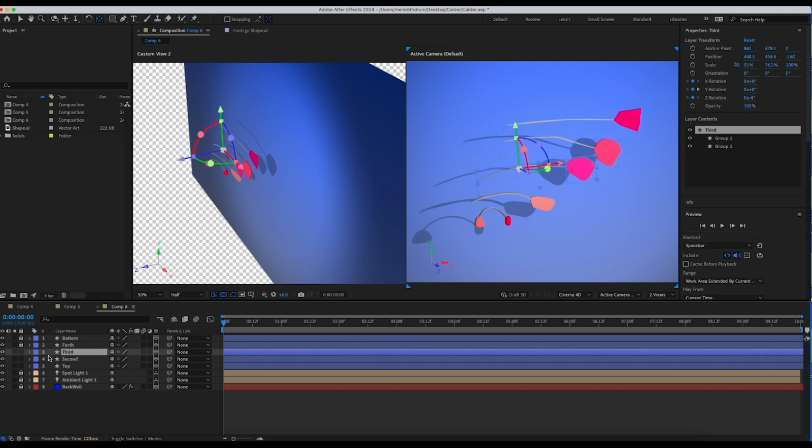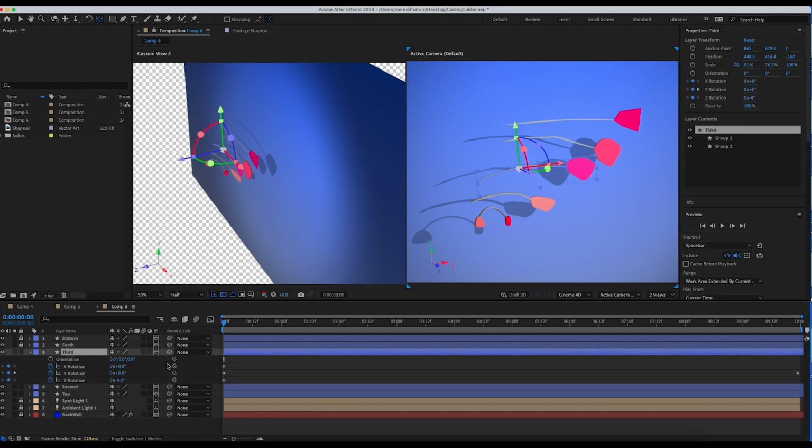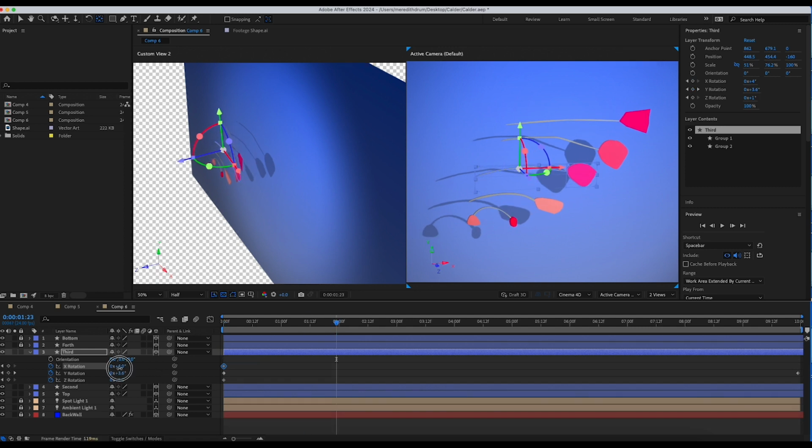Let's go to the third, open up the rotation, go to the beginning of your timeline, have that one rotated back a bit at frame 0 and Y, and then just a tiny rotation in Z and X, and move forward in time, rotate it.